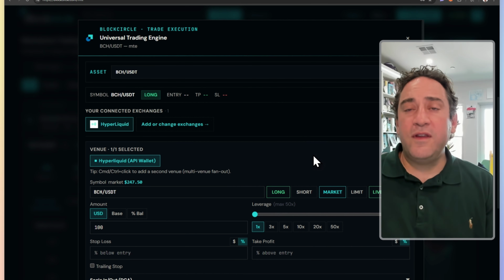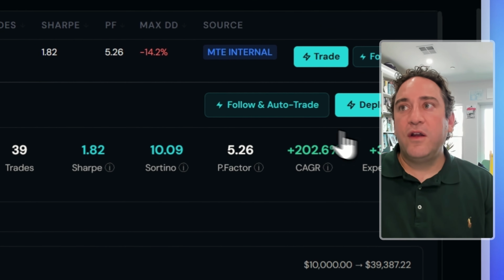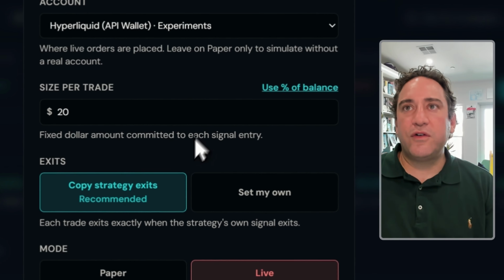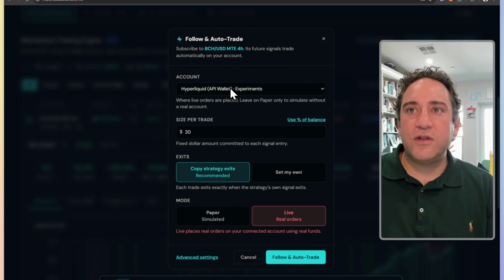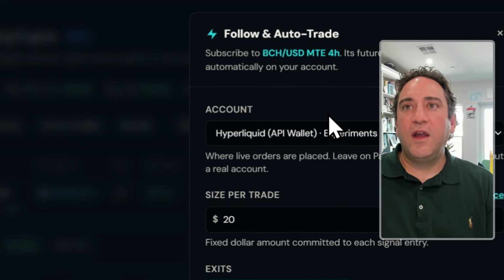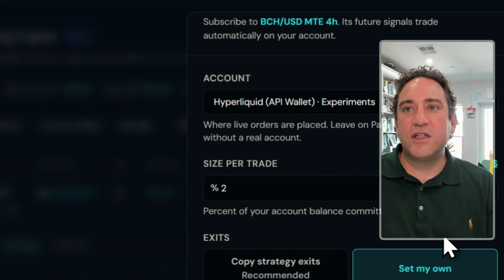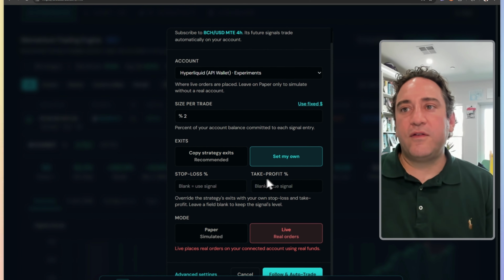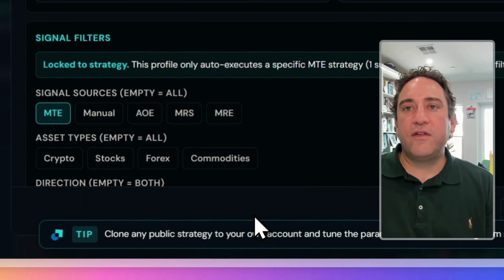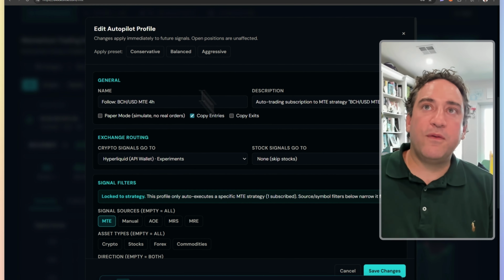Now, this is helpful because you can do it this way, or you can say follow and auto trade, and say I only want to execute the trades directly to this particular account. And I only want to use like 2% of the account. I can set my own conditions and say I only want to have a stop loss or a take profit, etc. I could also have advanced settings, and this is where the advanced settings are incredibly powerful,